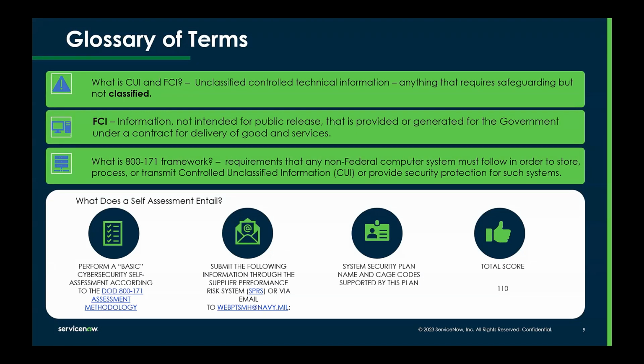And what is the 800-171 framework? That is a NIST standard. That is what CMMC is built off of. So this is basically a security framework for all non-federal computer systems that need to implement that standard. And that is for anyone that is going to be working with the DoD that processes, stores, or transmits FCI